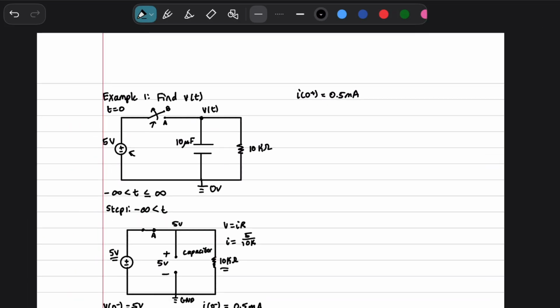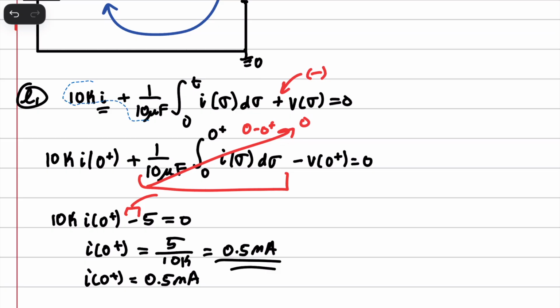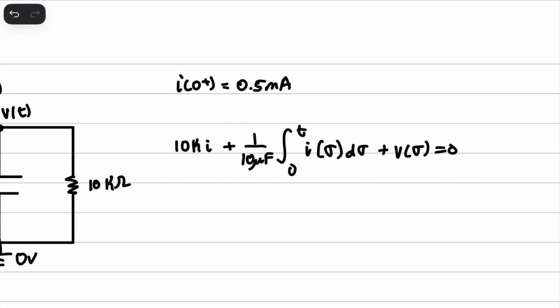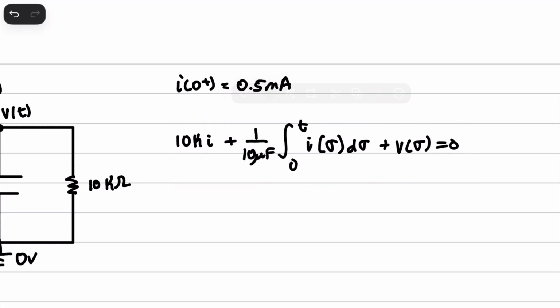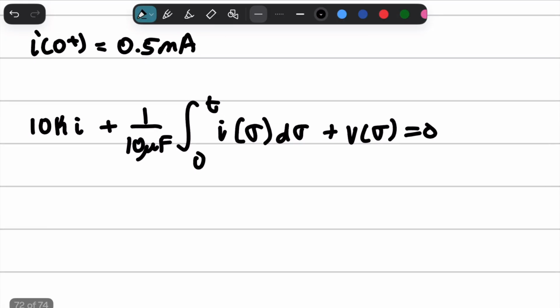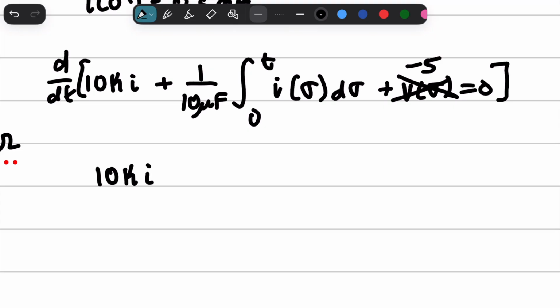Okay? So we're going to take this guy right here, our big, nice nodal analysis, or loop analysis. I'm going to copy it. I'm going to paste it. And we don't like this integral here, so we're going to take the derivative of everything. And we don't care that this is -5 anymore because it's a constant. Once we take the derivative of everything with respect to time, we're going to get 10k I prime plus